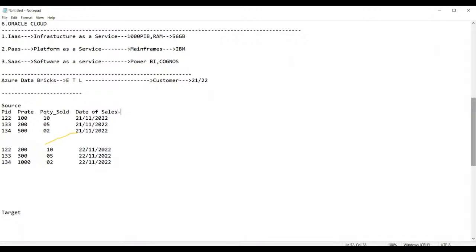So for that, we use a technique. What is that? ETL. Let us see how ETL is applied here. ETL stands for extraction, transformation, and loading. Let us see how the extraction is done here. The first process of extraction is where you have to pick up the required data. Do we require the product ID to find out the net sales amount of the day? Do you require the product ID, guys?